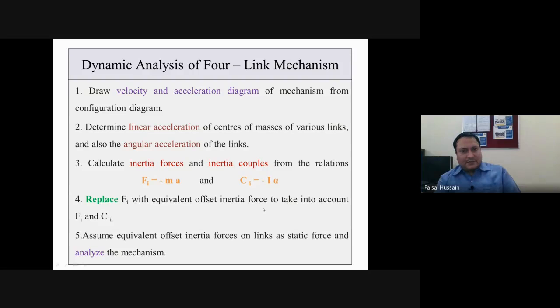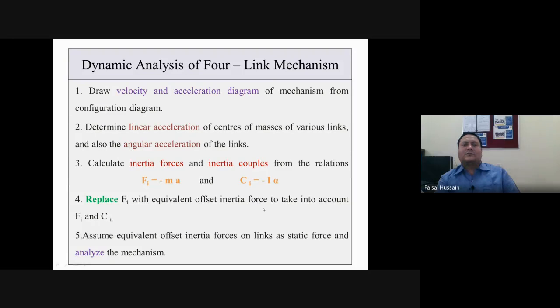First step will be to draw the velocity and acceleration diagram. In kinematics of machine, you have drawn the velocity and acceleration diagram. First, you have to draw the configuration diagram. Then by finding the velocity of crank, you have to draw the velocity diagram. After drawing the velocity diagram, you have to determine all the linear velocities and angular velocities of each and every link. Then by taking the scale, we have to draw the acceleration diagram by using the